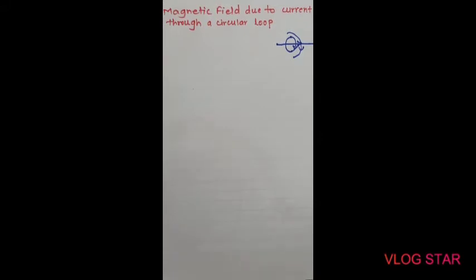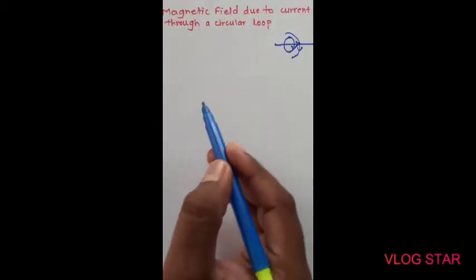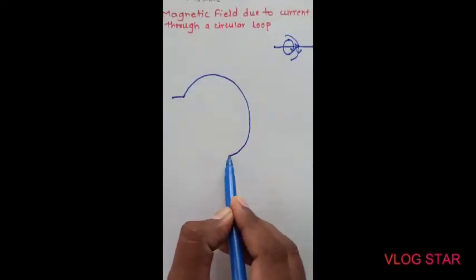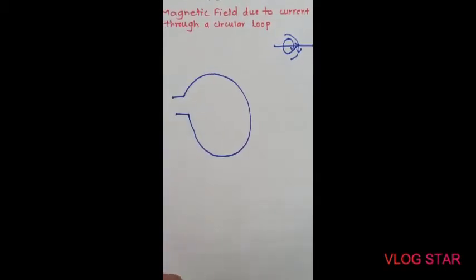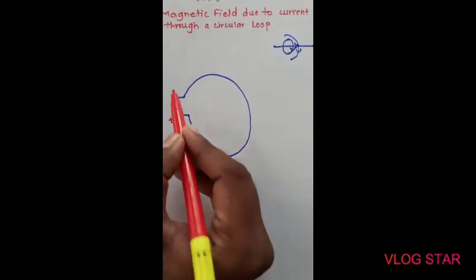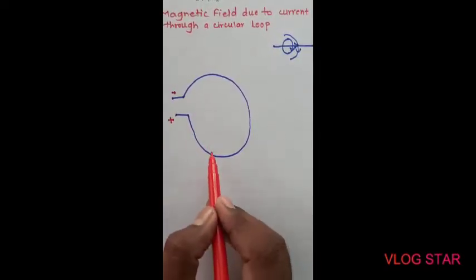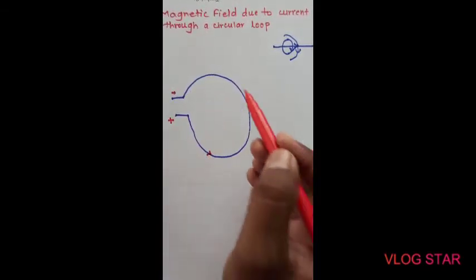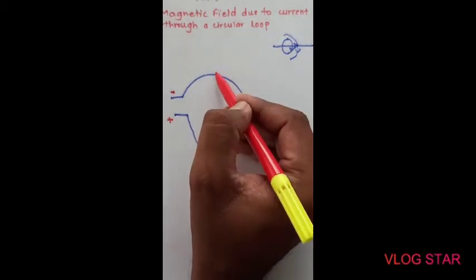But today's topic is, what would be the direction of magnetic field if your conductor is not straight? It is in the form of a loop. So look here, your conductor is in the form of a circular loop. We will draw a loop. Here we have a loop. Suppose it is connected to a battery, where this end is positive and the upper end is negative. Then you know that the direction of current is from positive to negative, so it will flow like this, and here it is like this.